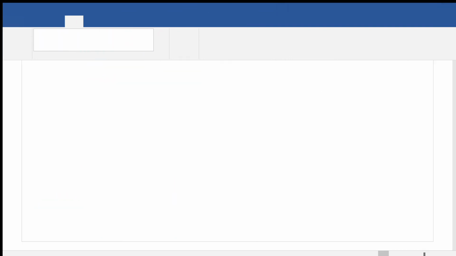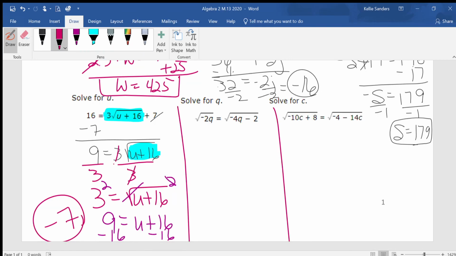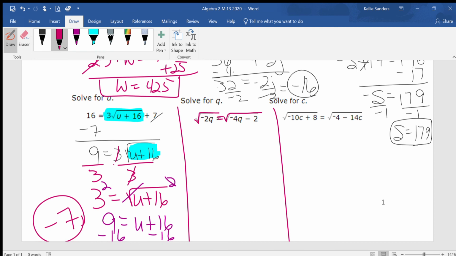If you have a square root equals a square root, well, your objective is to get rid of the square root, right? What undoes square roots? Squares. So,